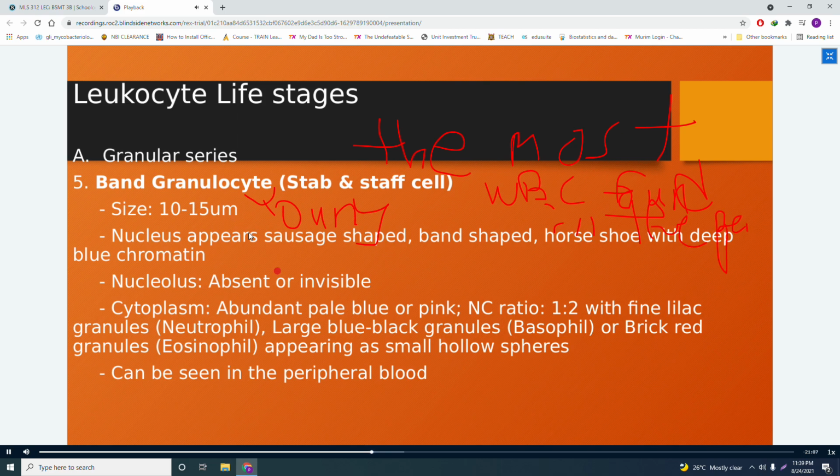Its nucleus can appear sausage, band-shaped, horseshoe with deep blue chromatin. Again, nucleolus is absent or invisible. Now, your cytoplasm, we have an NC ratio of 1:2. Mas malaki na si cytoplasm. Class, remember in your granulocytic series, meron silang mga granules. Each granules have a characterized color, bawat